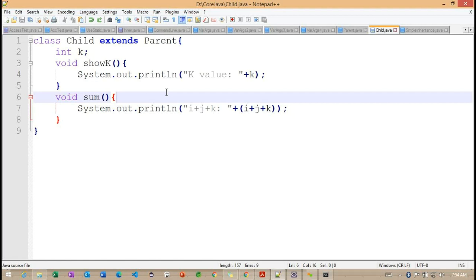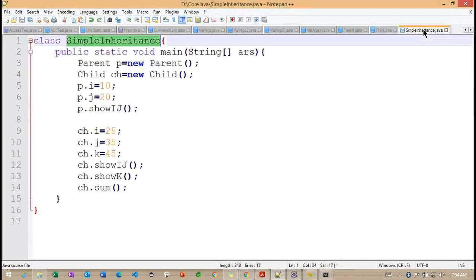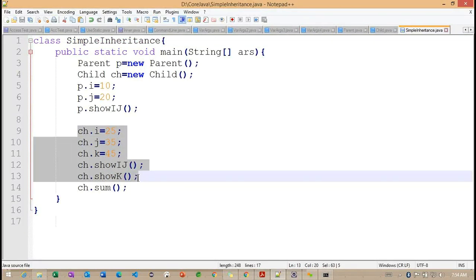So basically, what I'm trying to show here is that the child acquires all the properties and behaviors of the parent class, right? With the help of this child object, we are able to access the superclass information.